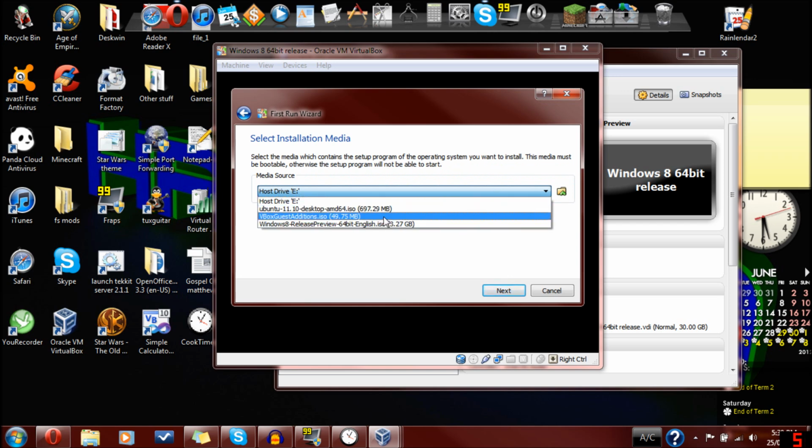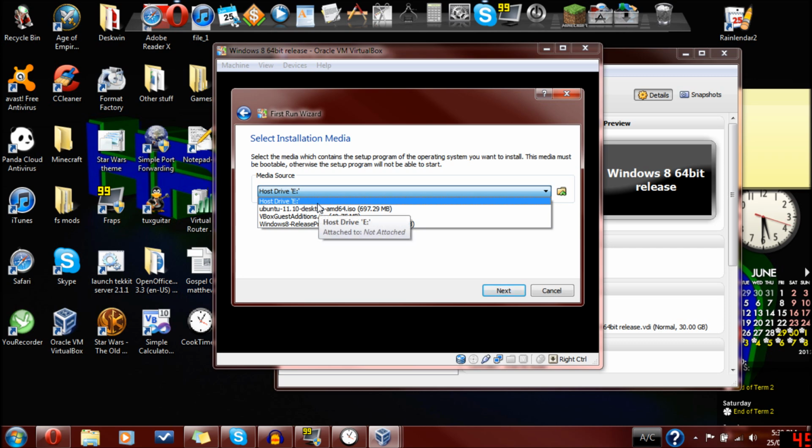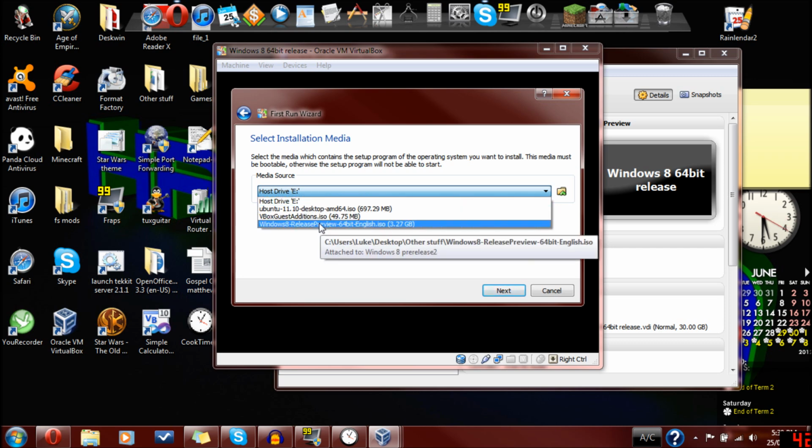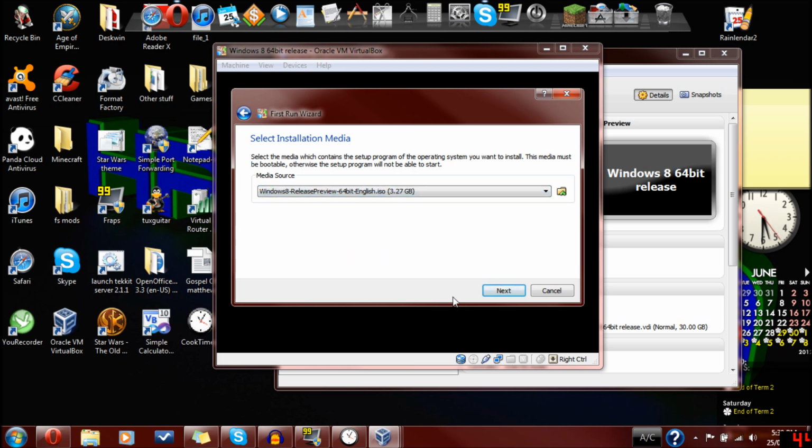And then you click on what sort of installation media you want, so basically what sort of image you want it to run on. I'm going to use Windows 8. I had Ubuntu there, and VirtualBox Guest Editions is something else entirely. Not exactly sure, I never tried to run it. Anyway, Windows 8 release preview. You can do the same steps for Ubuntu. I might show you how to do that another day. Anyway,